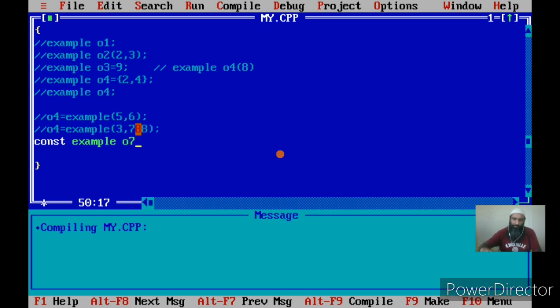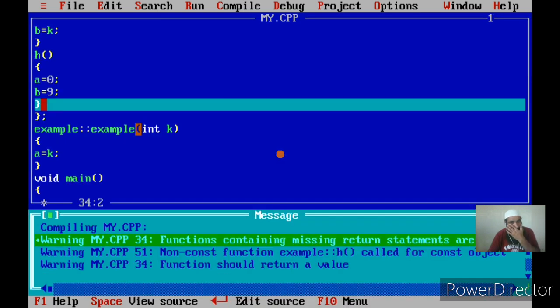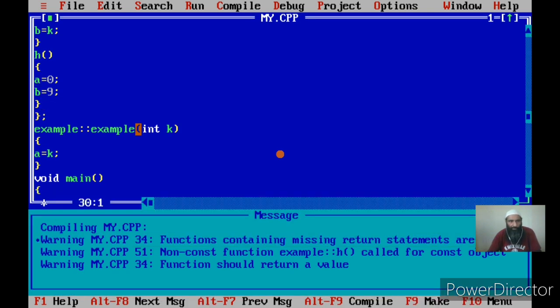Now let me call the member function with O7, that is O7 dot h. Let me compile. If you see, there will be a warning. And let me write a return type here first.